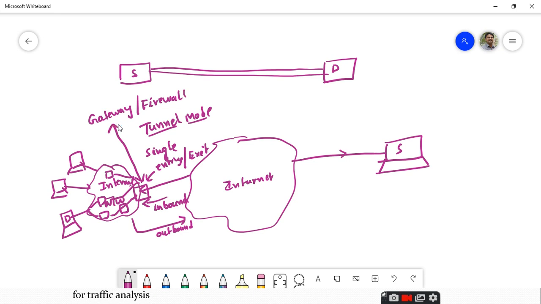So we can call such devices, the gateway and firewall, the end devices of the network. For this network, the gateway or the firewall will be the end device. Anything that you transmit to the outside world, or anything that comes from the outside world, will go through this single entry point. Those devices can be a gateway or a firewall. Very, very important.